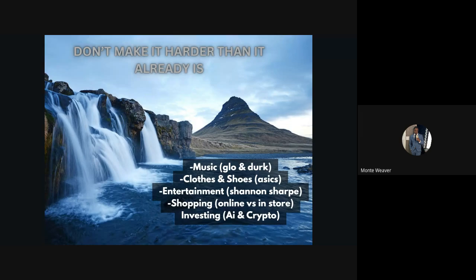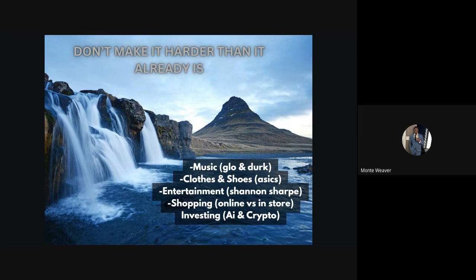Going on to the next slide. Don't make trading harder than it already is. It's already hard. Go with the flow of the market, right? So this is going off of the last presentation I did where we talked about Lilly. Everybody wants to know, what is Lilly going to do, right? What is the healthcare space going to do? The healthcare space is the lowest performance sector of the year. It's down 18%. Is the flow of healthcare going up or down? It's going down. So go with the flow of the market.